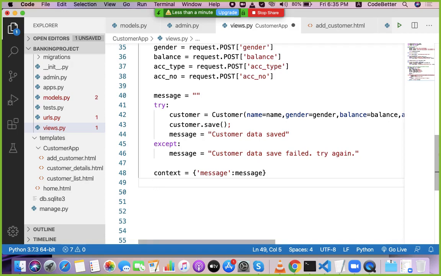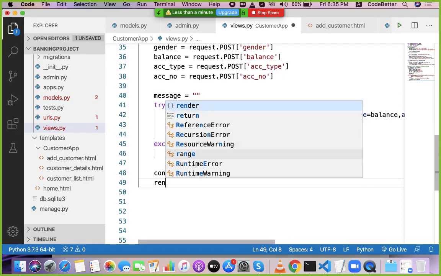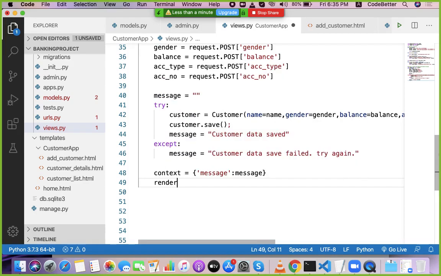So just render again the same page on which the form is there. So request, and let's give the path of the same page, that same form.